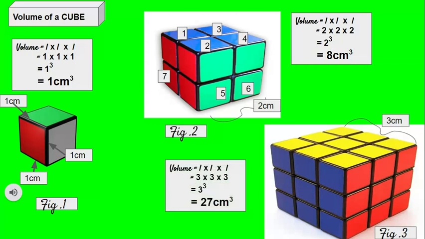Now, what do we see? We see that there are only a fixed number of cubes. When you take 8 small cubes together, you get a bigger cube, isn't it? Again, when you take 27 small cubes together, you get a bigger cube. Now, let's say instead of 27, if I give you 20 cubes, can you think of any possible arrangement where using 20 cubes, you will be able to get a bigger perfect cube? No.